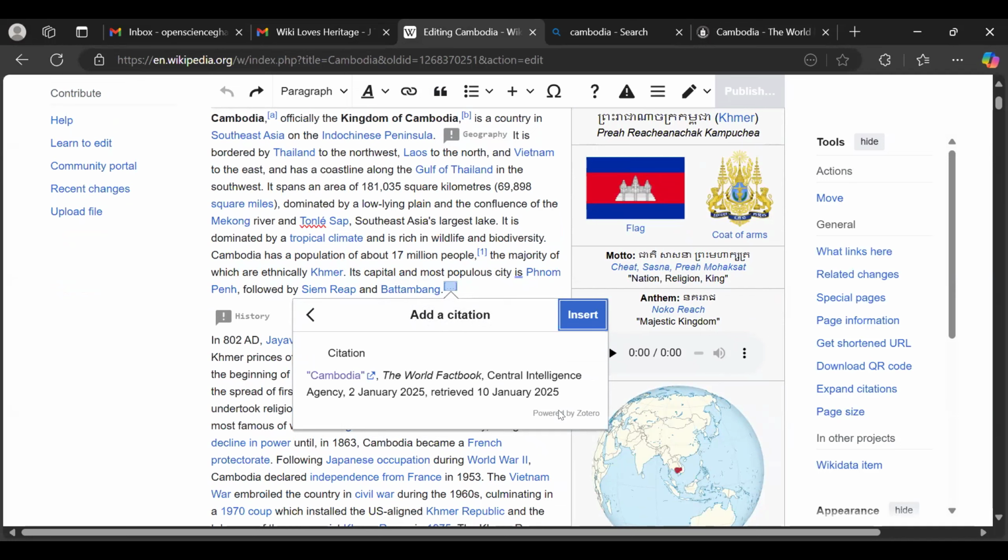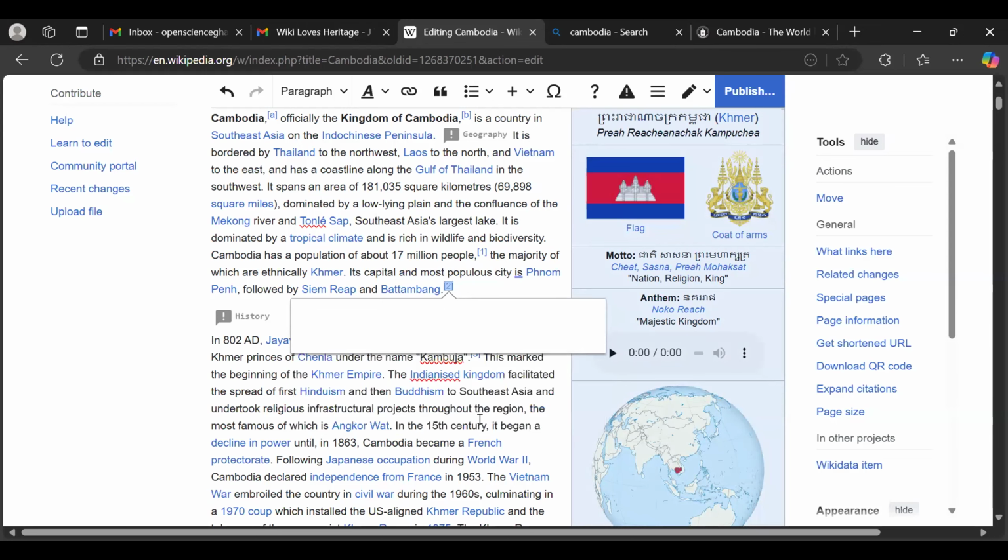You see Cambodia, which is linked, The World Factbook, Central Intelligence Agency, 2nd January 2025, retrieved 10th January 2025. So this is a standard way of doing it. And we didn't need to do anything. We just copied the URL, pasted it, and then created it. Then it will automatically generate it. Now, all I need to do is click on insert. I've inserted a reference. So you can see that we have just added a reference.